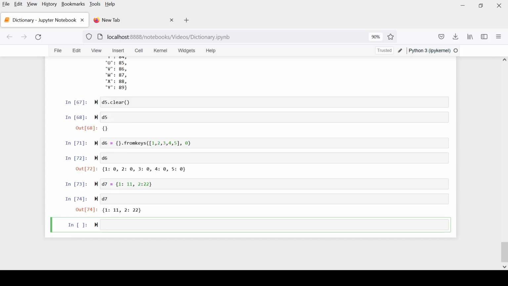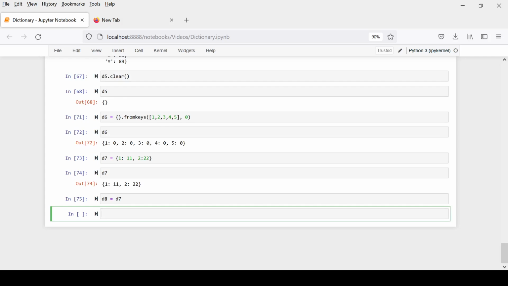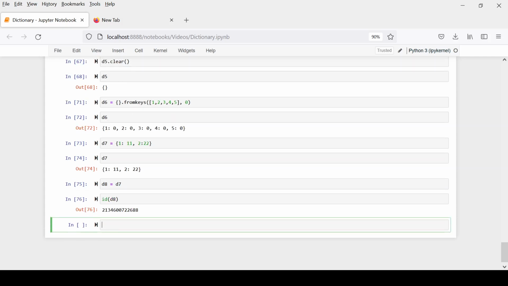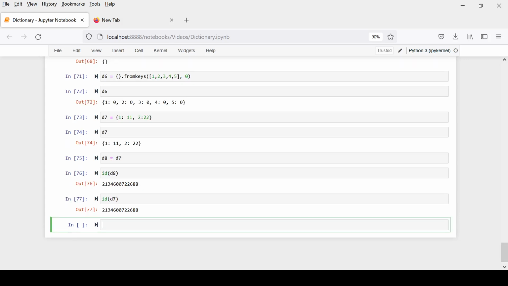I will say my D8 is equal to D7. If I write like this, what happens? If I see the memory location of D8 and if I see the memory location of D7, both are the same, which means that if I update my D7, my D8